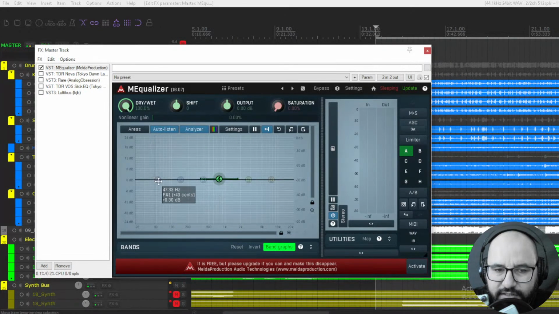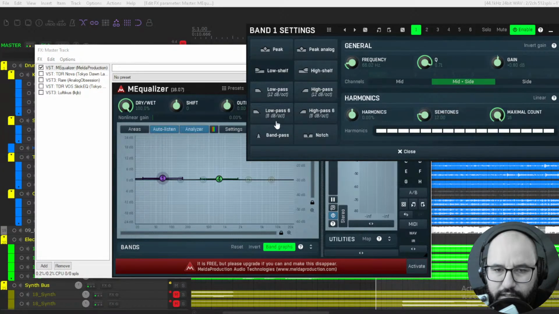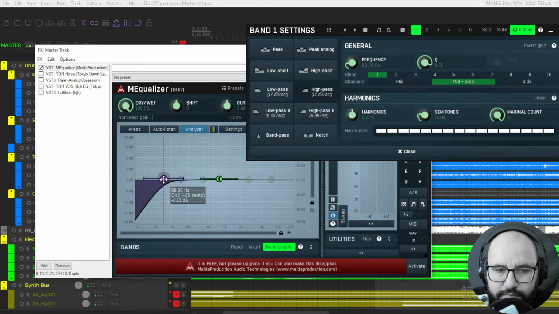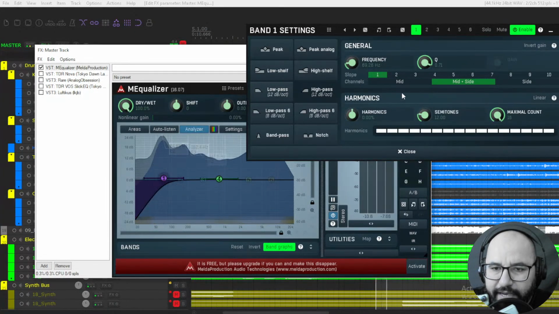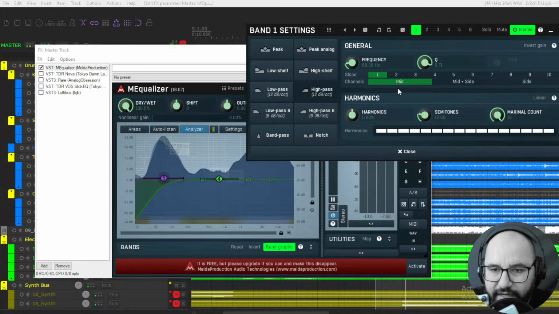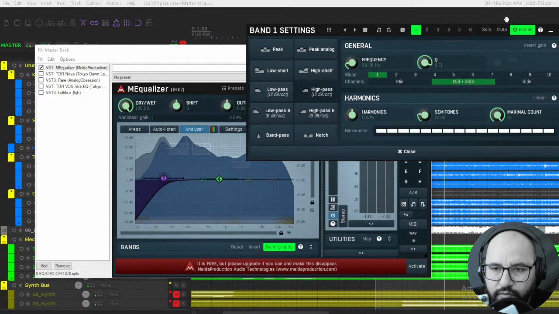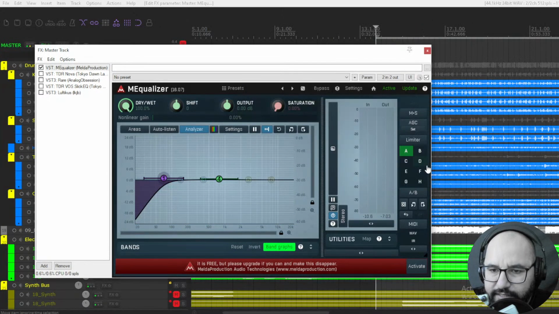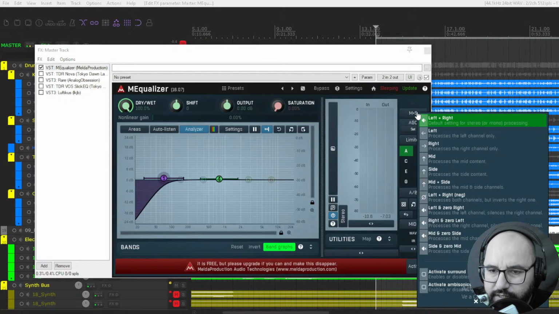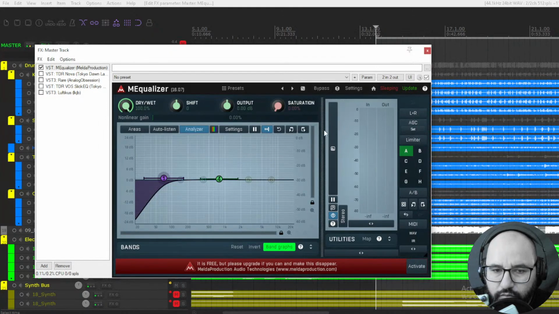For instance, if I have a high pass band here, and I click here, I can set this high pass to work only on the mid part of the mix or on the sides. Pretty cool, I really enjoyed that about this plugin. I'm going to set it here to left and right, which is the normal.